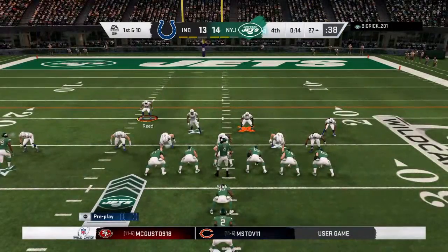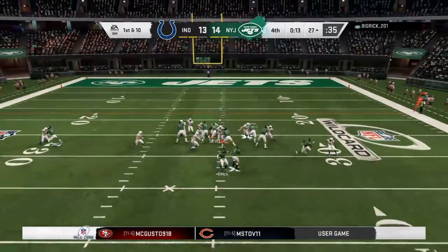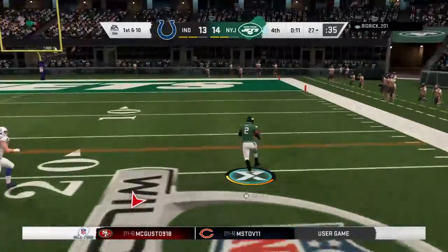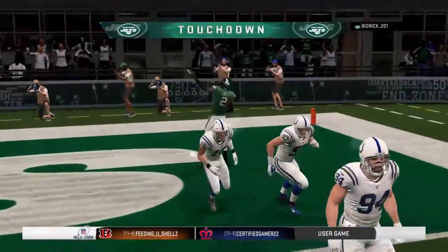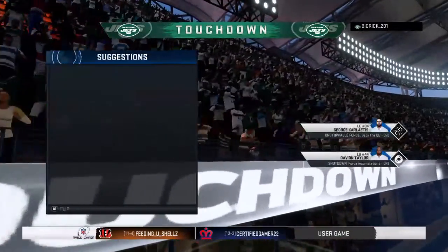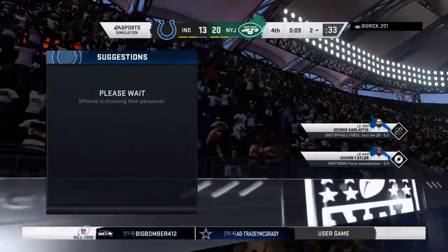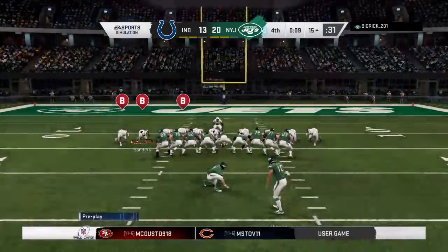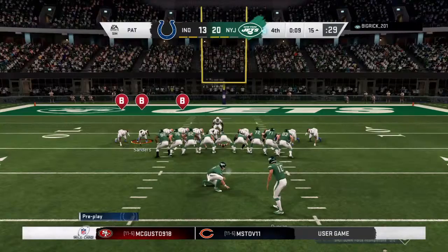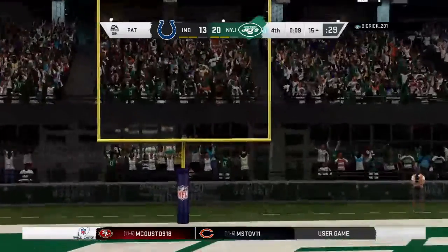Here we go. 18 Gator. Ready. Now a first down carry by Jones. There he goes right side. And he's in. Touchdown, Jets. Ronald Jones, 27 yards. And the Jets will extend their lead. Extra point attempt to come here. And it would appear they're going to get out of here with